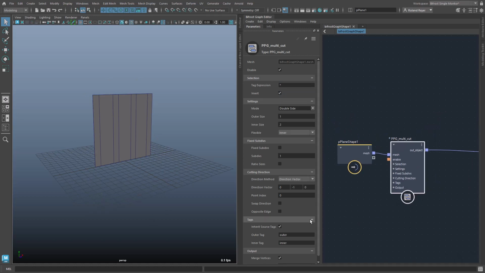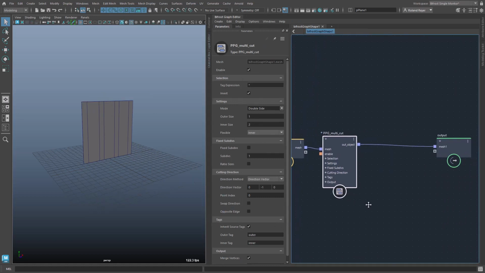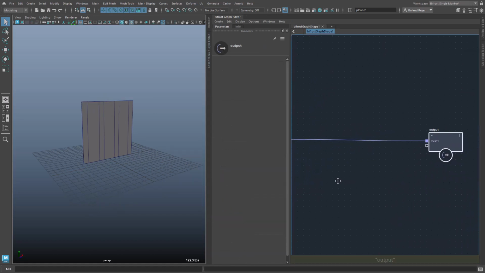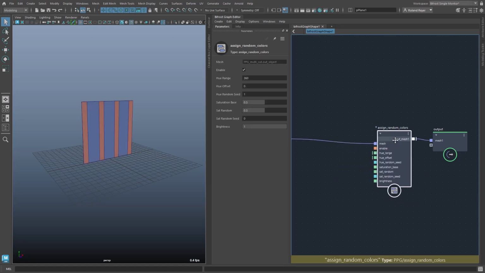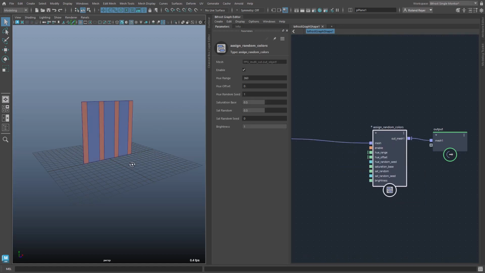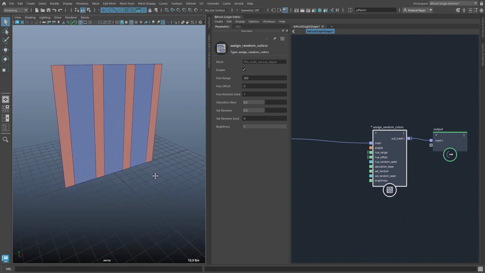And before I even go on here, resize this a little bit. Before I even go on here, I want to make sure that I see a little bit better what I'm doing here. So I want to include a node called assign random colors. And this assign random colors does exactly what the name says. It assigns random colors to the face tags. So here you see we have two different face tags, this orange-brown one and the blue one. And this assign random colors simply takes the names of these tags and picks a color from a large list